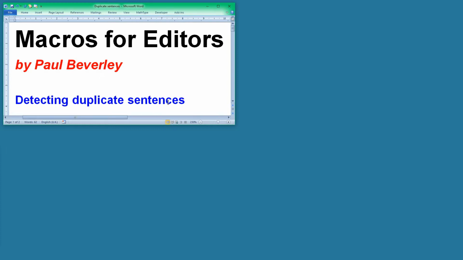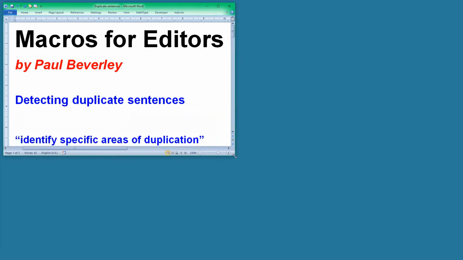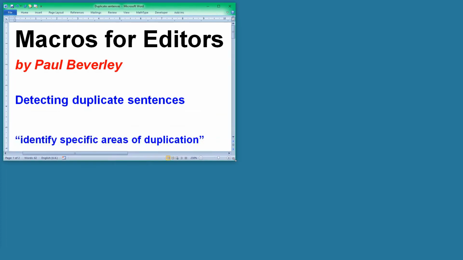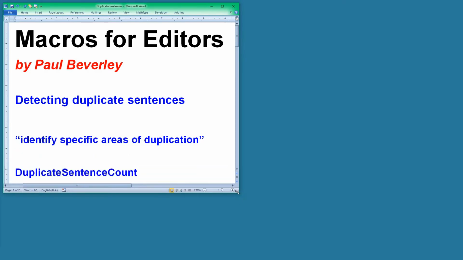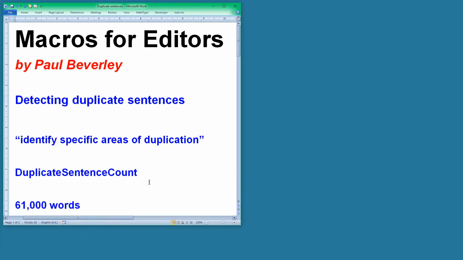This macro is one that grew out of the job I'm just about to start, where the client asked me to identify specific areas of duplication, and I thought, well, could a macro help? And I remembered the duplicate sentence count macro that I had done before and tried to apply it to this job, but unfortunately the document is 61,000 words, and the original version of this macro worked fine on small documents,